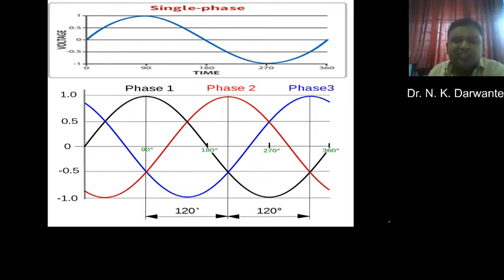and that's why this three phase supply is suitable for developing the magnetic field for rotating the three phase induction motor. Okay, for a three phase induction motor we need the three phase supply, whereas for a single phase induction motor we need the single phase supply. Very simple and straightforward. Okay, understood.